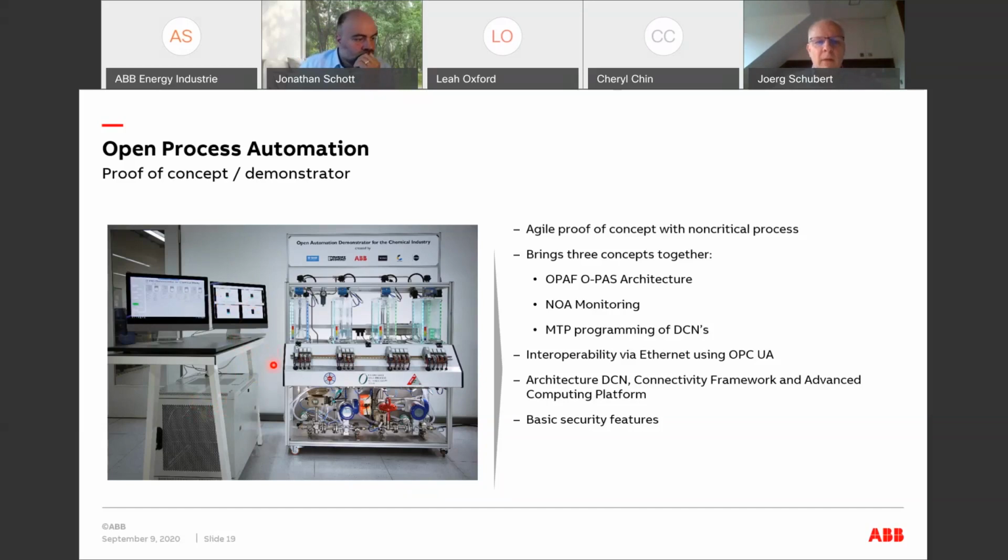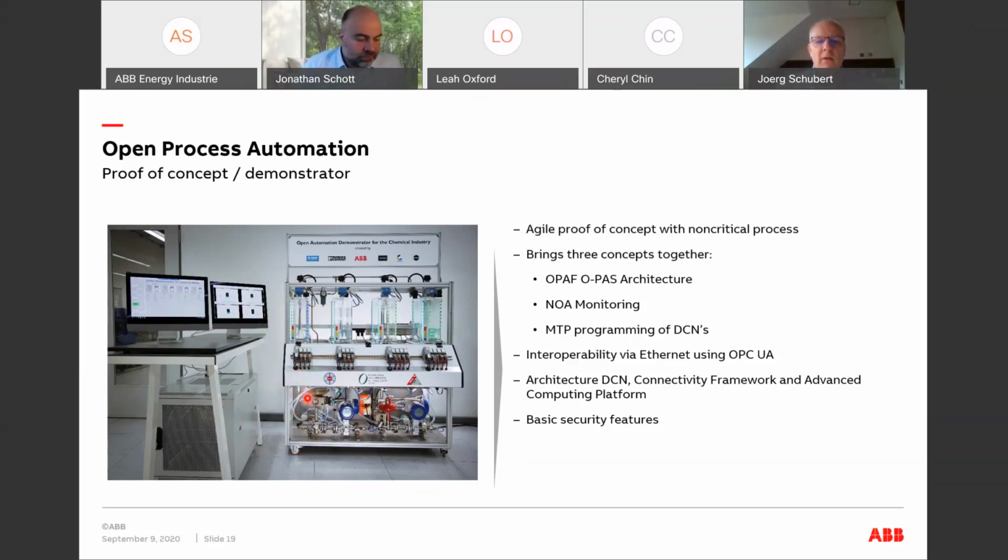But in addition, we pushed the needle a little bit further, because in this demonstrator, we also make use of the modular automation concept. Actually, each of these DCNs here is automating one of these reactors, these glass reactors, where you have heating and mixing functions in there. So the entire unit of the automation component plus the physical equipment plus their devices is described in a modular type package.